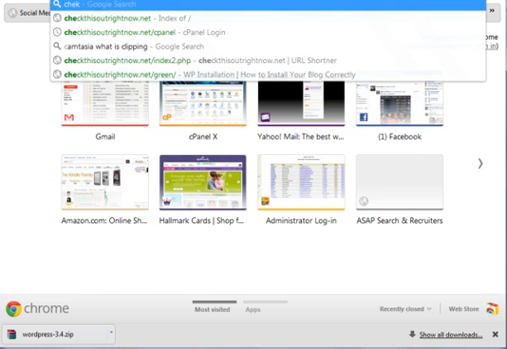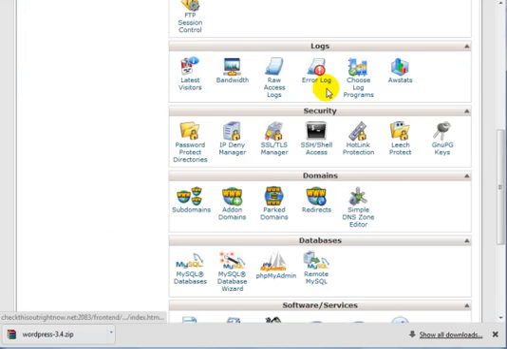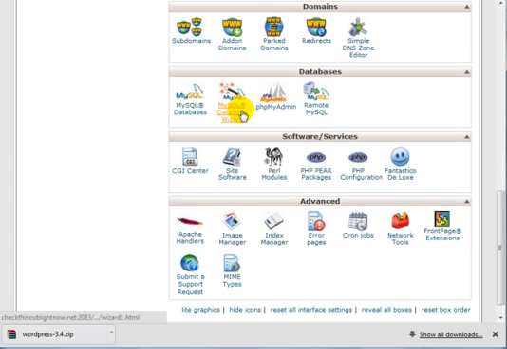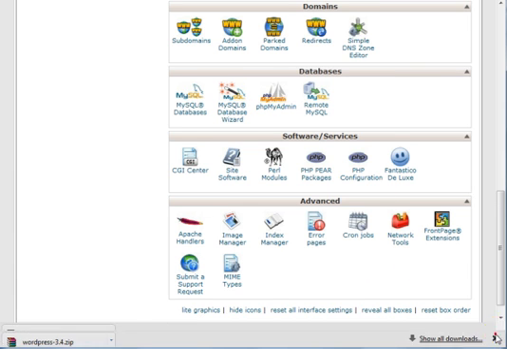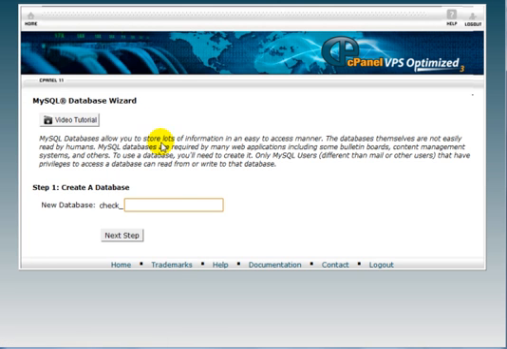So in this case, I am using cPanel. So what I need to do with cPanel is to scroll down and find where it says MySQL database wizard. So like I said earlier, if you're using Plesk or any other type of web hosting panel, you should see something that says create MySQL databases. And if you don't, you can always contact your web hosting company. If I click on this here and I enter, let's say, funny t-shirts 2, click on next step,